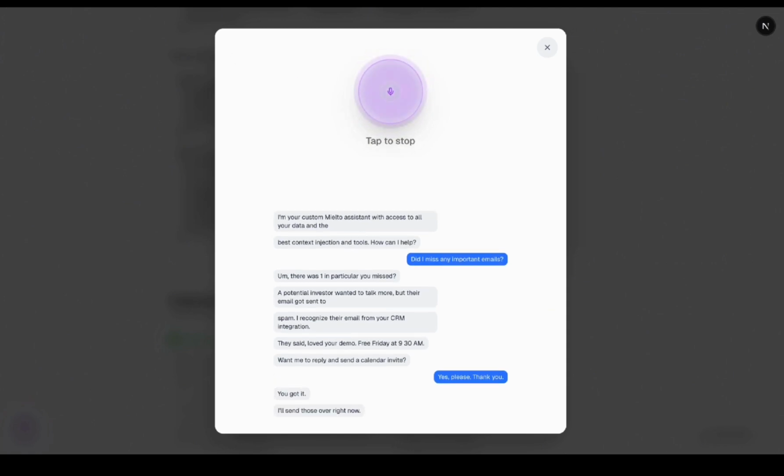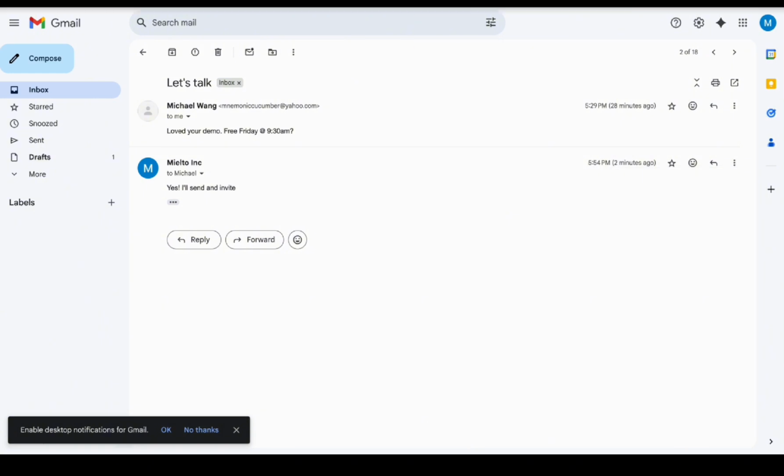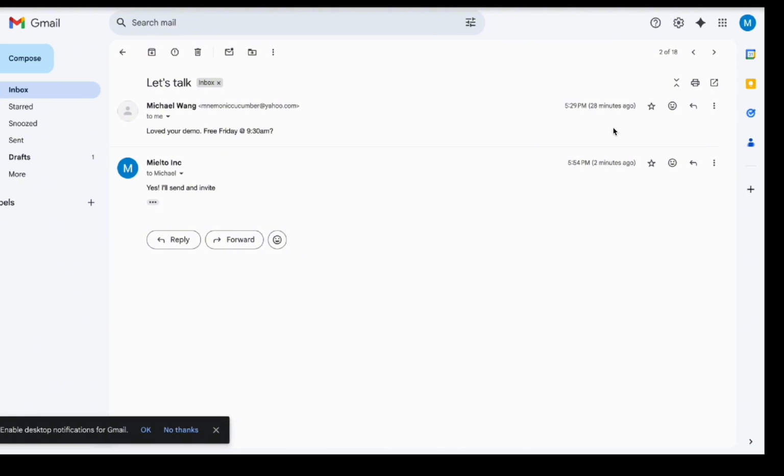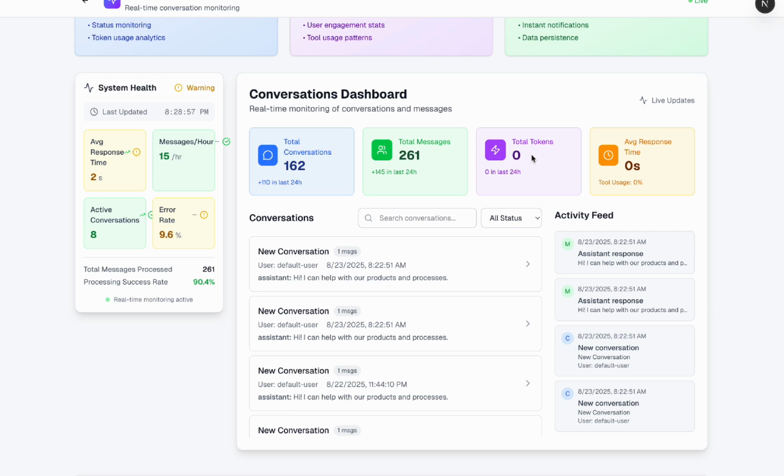And just like that, we have showcased both our VAPI integration as well as our Daedalus email MCP integration. And so just like that, you can enable your agents to contextually, intelligently read your inbox, take actions like replying for you. Instead of guessing whether your agent knows the difference between a spam email and a potential investor, you have faith that they actually do. And so diving into, here is our analytics dashboard full of live stats and information powered by Convex.